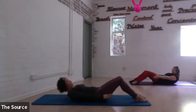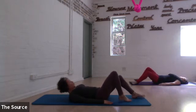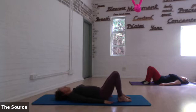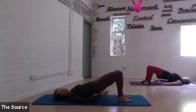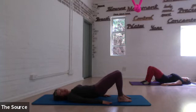And letting the arms settle. Walk your feet a little closer in towards you. We're just going to go up into a pelvic curl, nice and simple. On your breath out, tilting hips, rolling up. So just an opportunity to engage the gluteals, open the front of the hip joint, relaxing into the neck and shoulders, and then roll down through your spine. Imprint